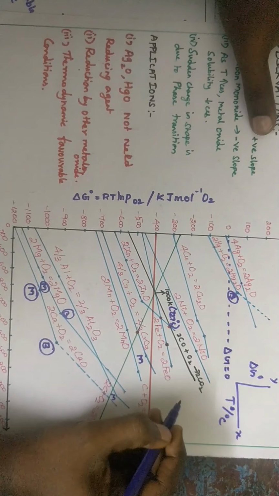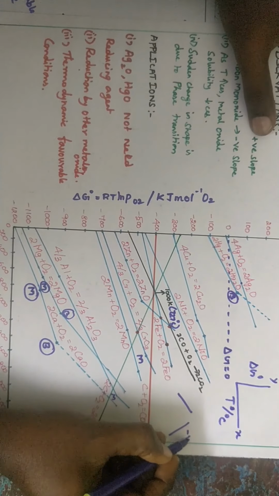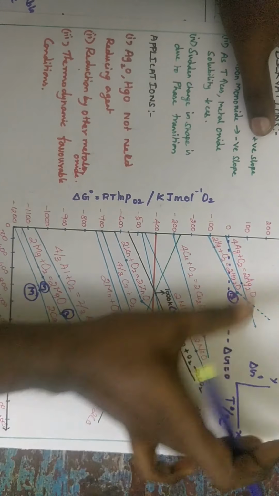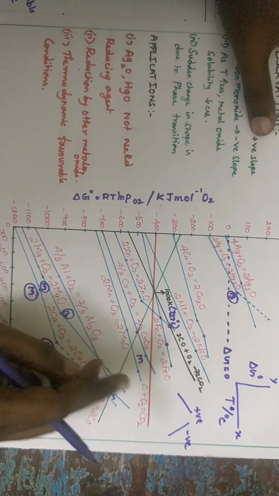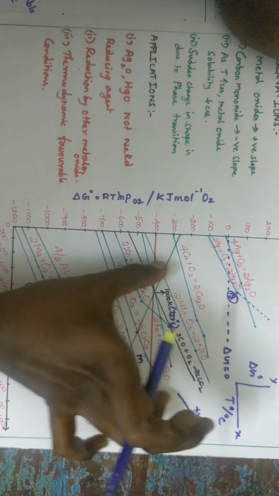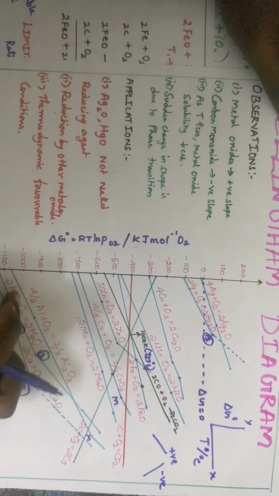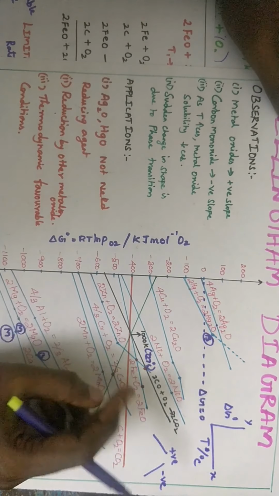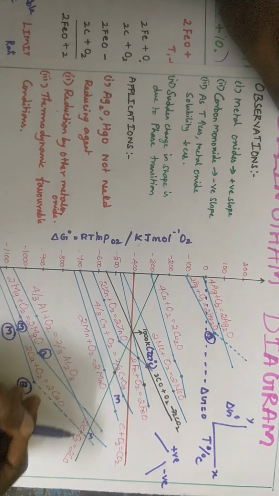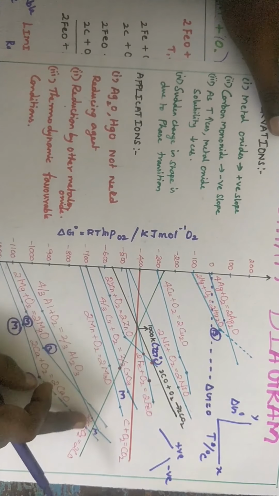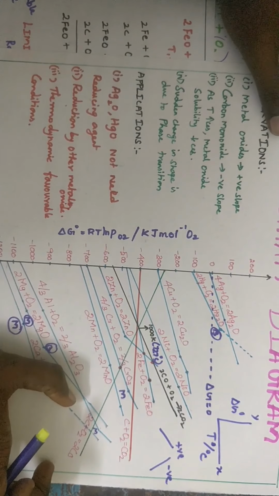That means if the slope is positive, it moves upwards; moving downwards means negative. You see most of the graphical representations moving upwards. So all the metal oxides give a positive slope, because all the metal oxide plots are moving upwards. Only in carbon monoxide do you get a negative slope. I mentioned it in the green sketch, so it is a negative slope. Why does it give a positive slope, and why does it give a negative slope?